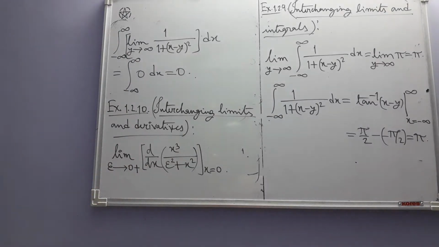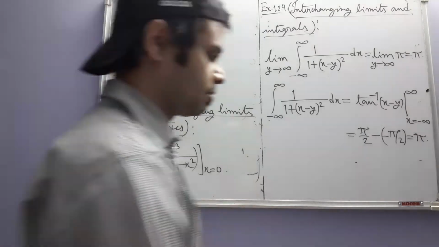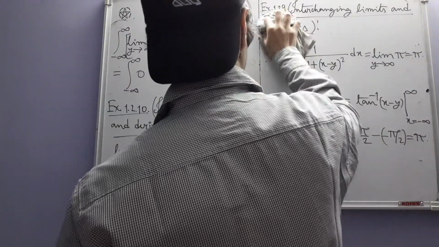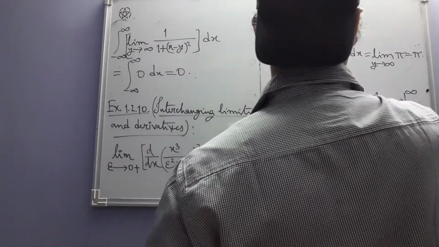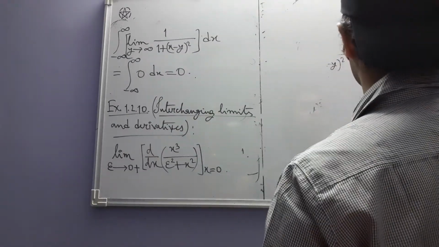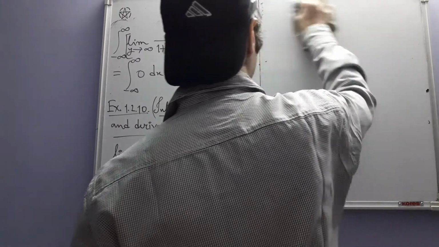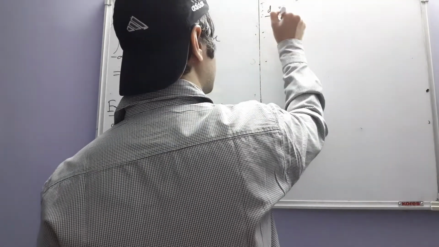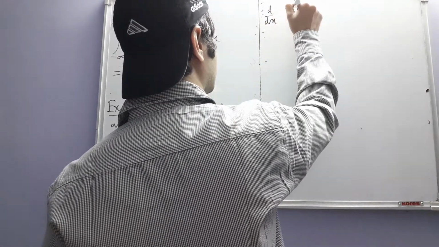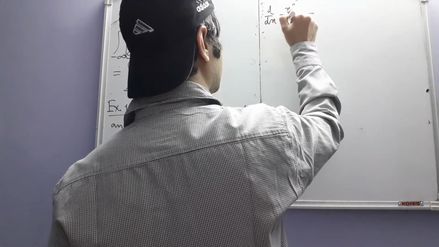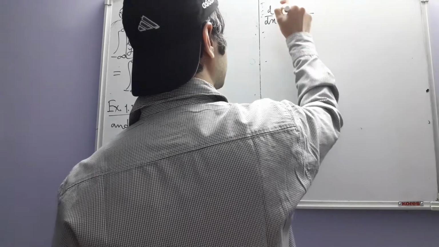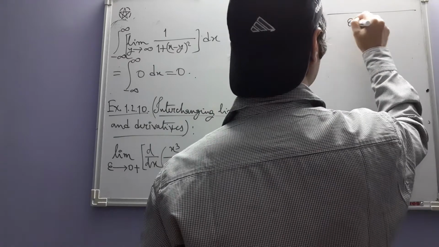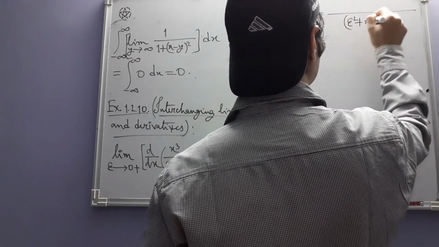Okay, so for this differentiation, we have to apply the formula for differentiating the quotient of two functions. So let's do that. So this derivative of x cubed divided by epsilon square plus x square becomes, over epsilon square plus x square whole square,